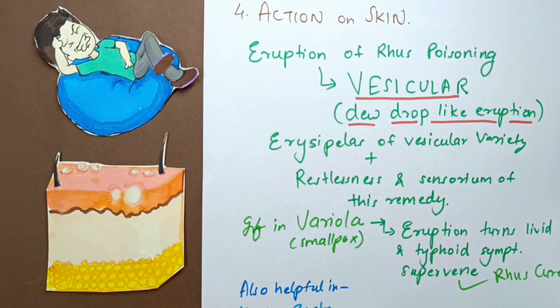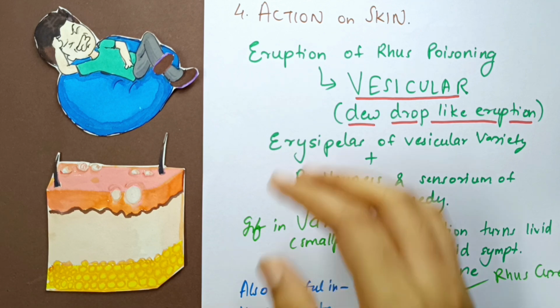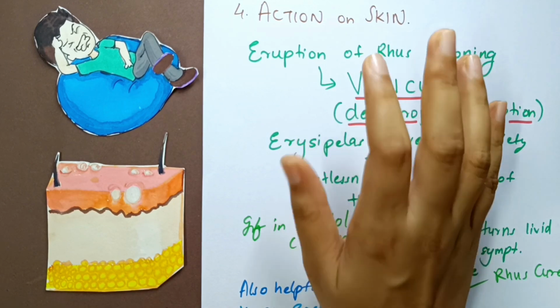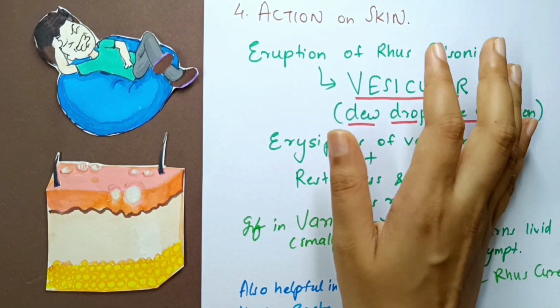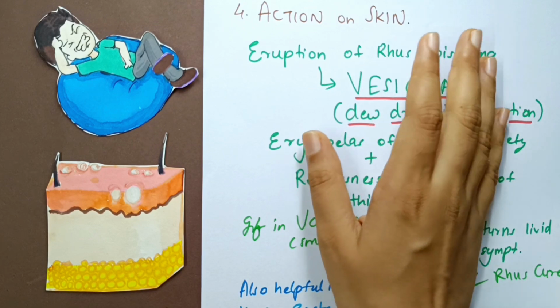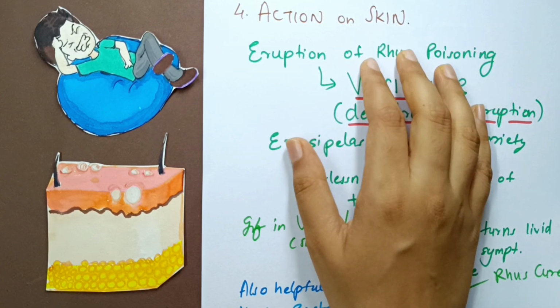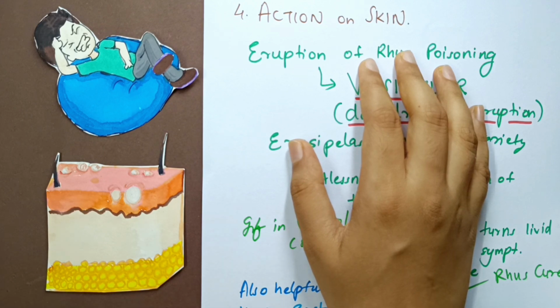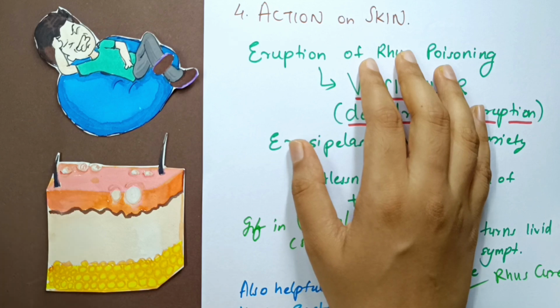So now we come to the last topic that Dr. Nash explains, which is the action of Rhus Tox on skin, which is very, very interesting, because if you study Rhus Tox in detail, if you Google about Rhus Tox, which is also called poison ivy, you will find that in many countries it just grows anywhere, by the side of the road, here and there. Even if you don't plant it, it will grow.